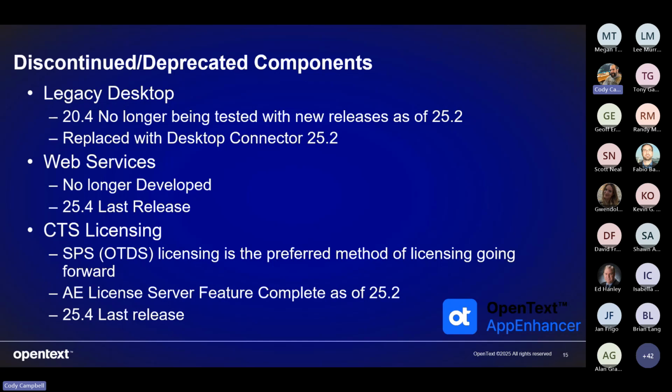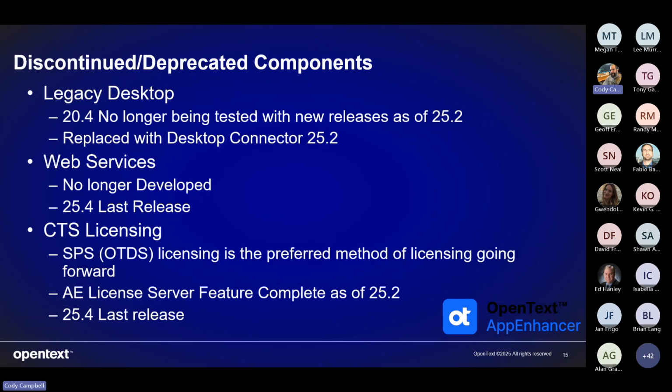And lastly, a few releases ago, we released the SPS licensing, which is built on top of OTDS. And OTDS is the central authentication and directory service and licensing component for OpenText. We use it for a large volume of our product. And we've already translated our licensing over to SPS licensing, which is running inside OTDS. So you can get one or the other today. Most of our customers are still on CTS if they deployed a long time ago, because that's the legacy license server. But as we move to the future, our plan is to retire the legacy license server altogether, and eventually you will be forced to use OTDS for your licensing for the product.